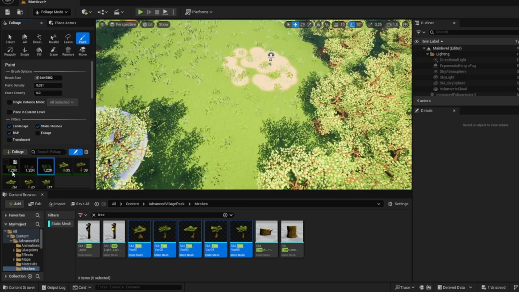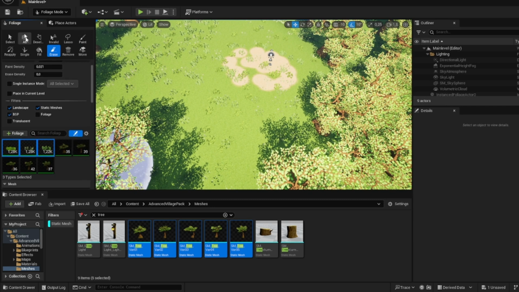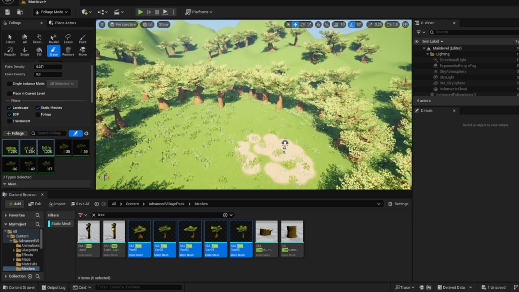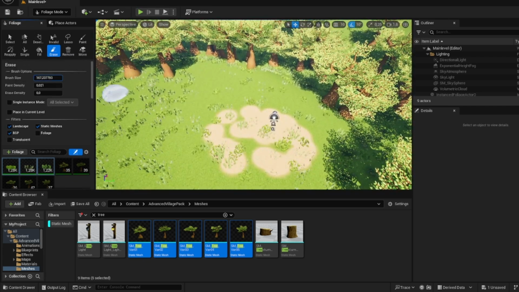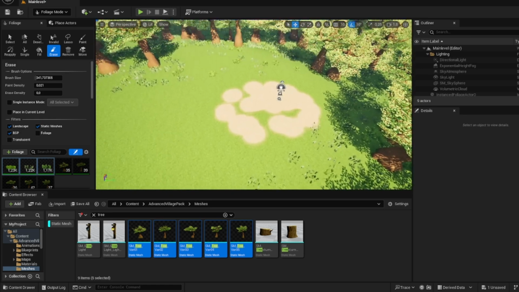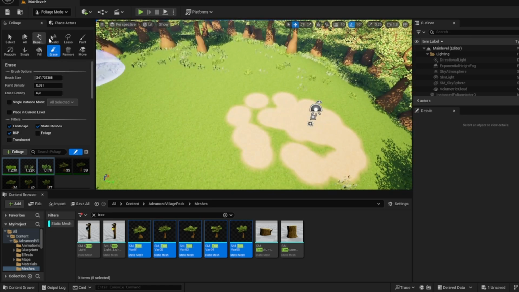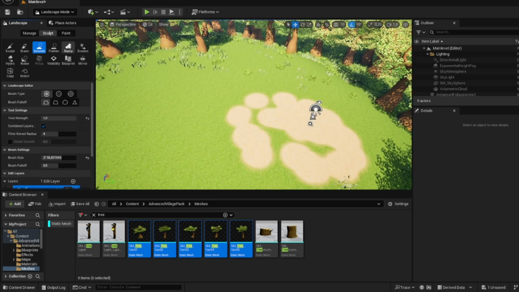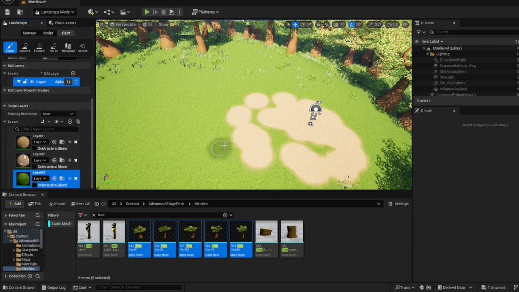So let's again grab these foliages, and then, oh, my bad, and then remove these, and then just keep these foliages, and then get the remove tool, I believe it is, or is it the erase tool? I was on it. And then make a little path like so, or just erase a little bit here. And then now we're going to the paint tool from the landscape again, and we're going to